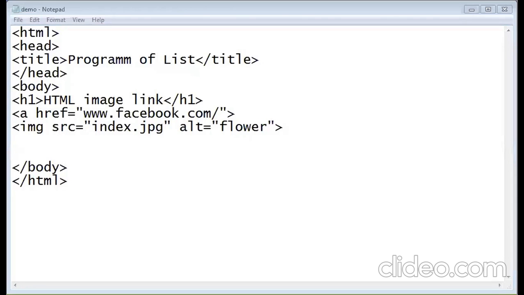Okay. Is this visible to you? I hope screen is visible to all. Whether the screen is visible to you or not.